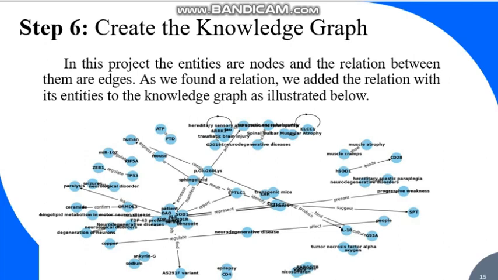This is the knowledge graph that Python created. I think our program found 59 relations for the 20 abstracts of the 20